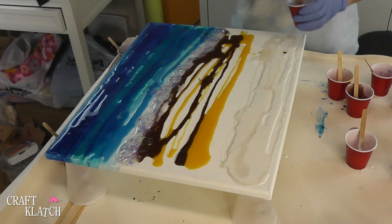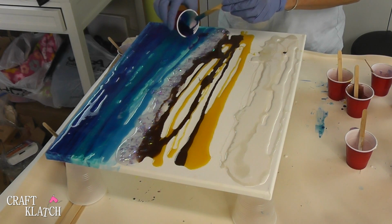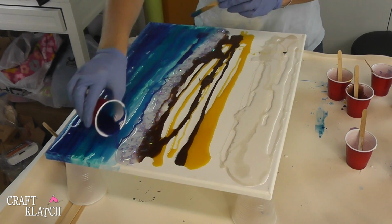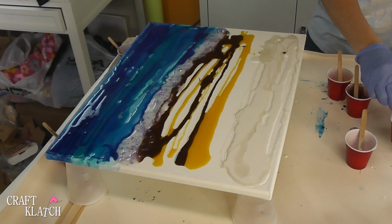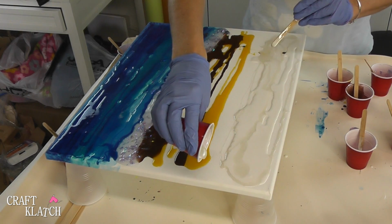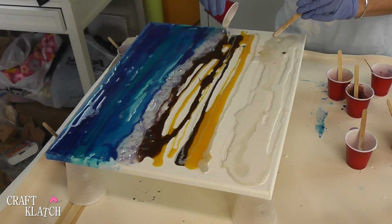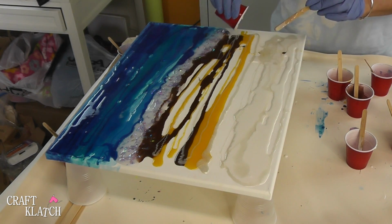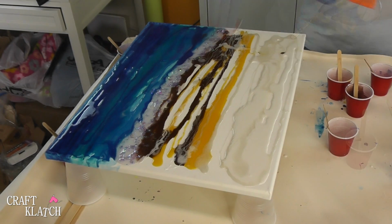Okay, I'm going to take some more of the transparent blue, catch it here. And I'm going to take some more of that Macro Pearl white and work it in all over here. I'm going to go over the yellow and over the brown, because the brown is very brown, and I knew it would be, and I wanted to cut that down a little bit. Now I'm going to take my